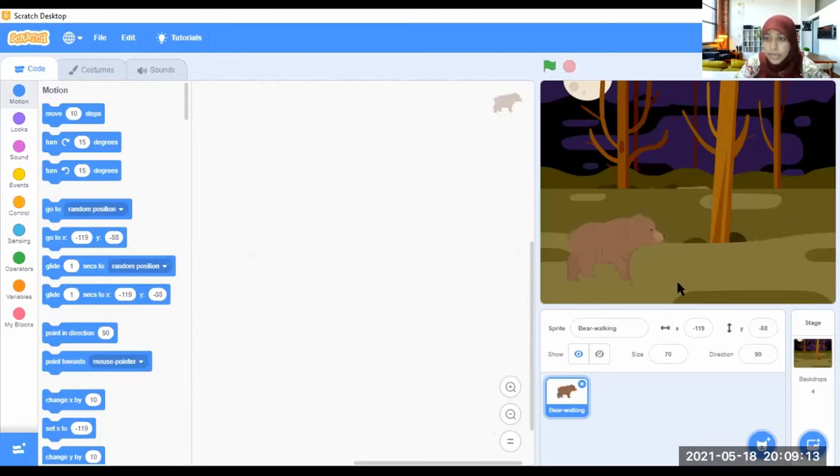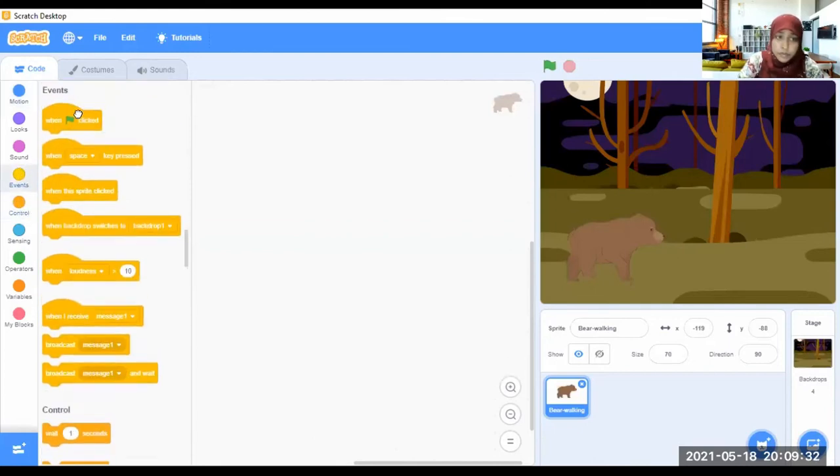Now how it moves, walking, later I will tell you. For now, just understand what these tabs are. Just an introduction. So if I click this flag, that is the first one. Now when the green flag is clicked, what should happen?